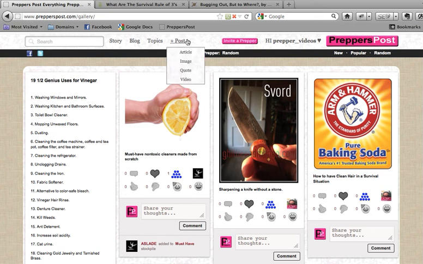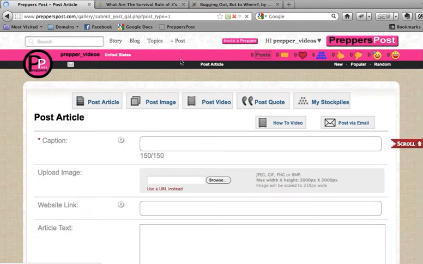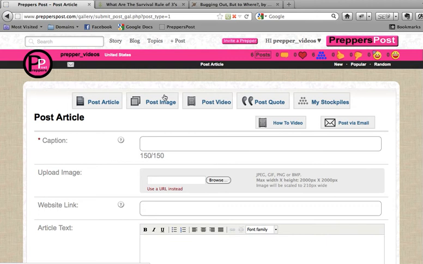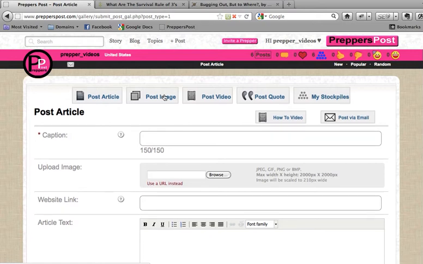One of the unique features at Preppers Post is the ability to post an article type post. An article type post is used when the post that you want to put up includes more text than just 150 characters for a caption. A good example of that is if you come across an article that has more text than images, or maybe